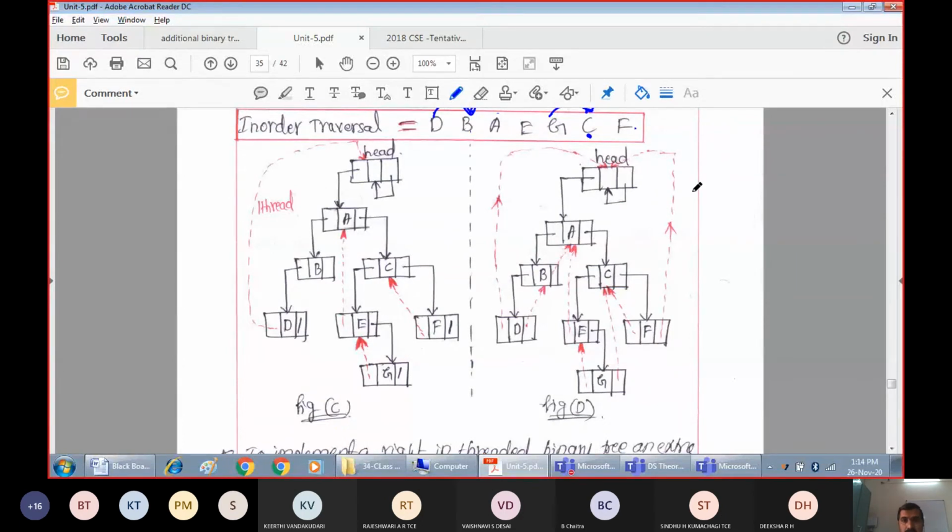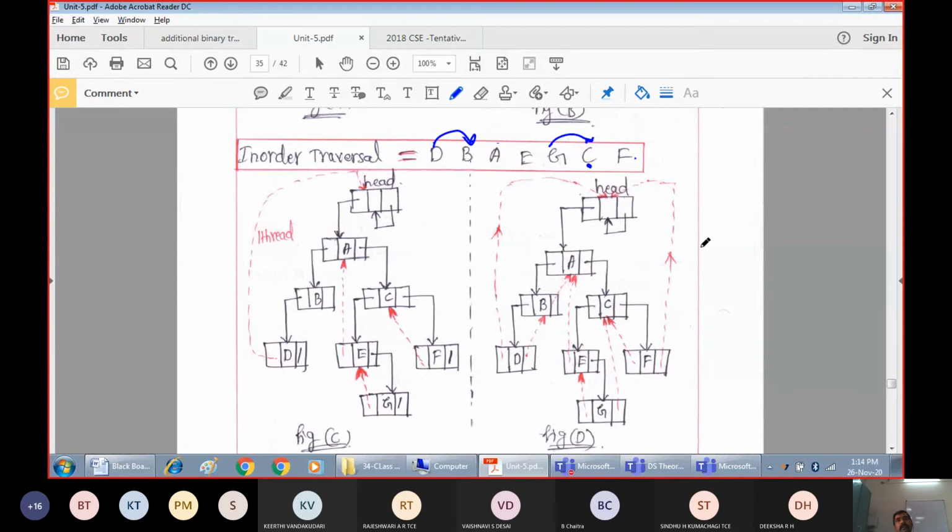That means all the left links are pointing to their previous nodes. All the right links are pointing to their next node. That's it. That is what an in threaded binary tree is. That is, all the left links are pointing to predecessors. All the right links are pointing to successors. Say for example,